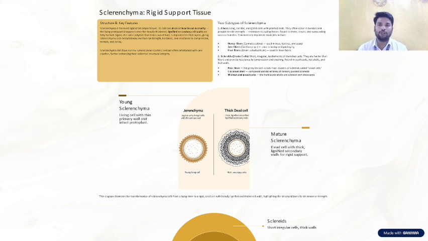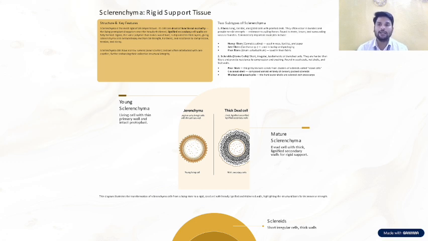Sclerenchyma is the most rigid of all the simple tissues. Its cells are dead at functional maturity. The living protoplast disappears once the walls heavily thicken and lignified secondary walls are fully formed. Lignin is the same polymer that makes wood hard. It is deposited in a thick layer, giving sclerenchyma cells extraordinary mechanical strength, hardness, and resistance to compression, tension,